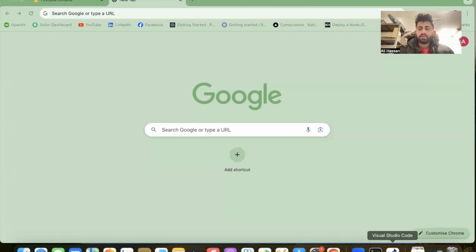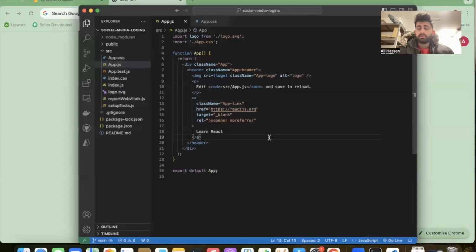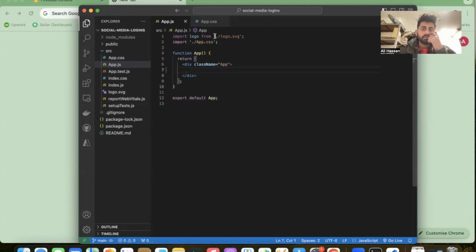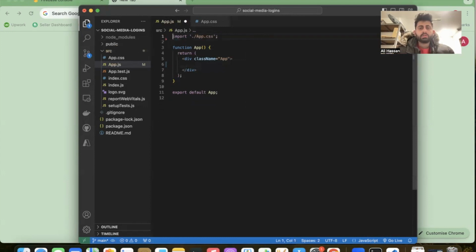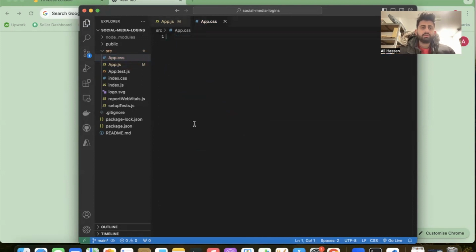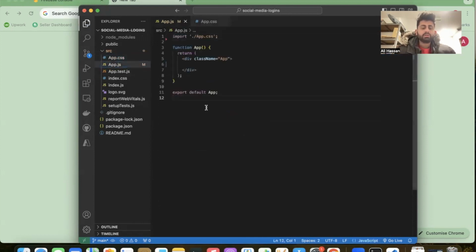Yeah. So I already created a React app using the npx create-react-app command. So this is the basic template. We need some cleanup in the code. I just remove the logo.svg file. Let's remove this CSS code. That's it. So now we need to set up a Firebase project in